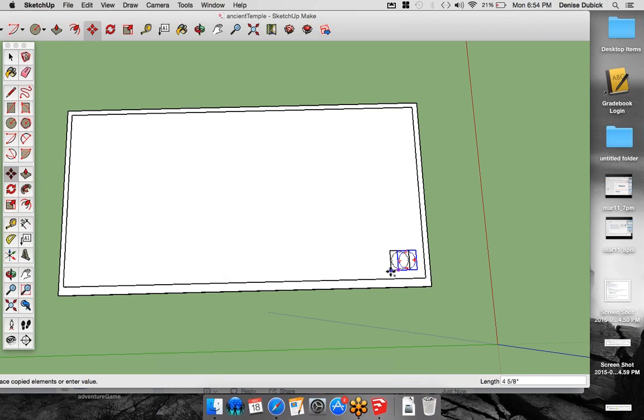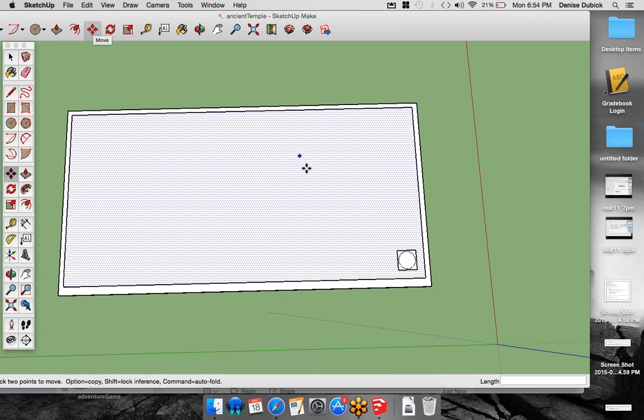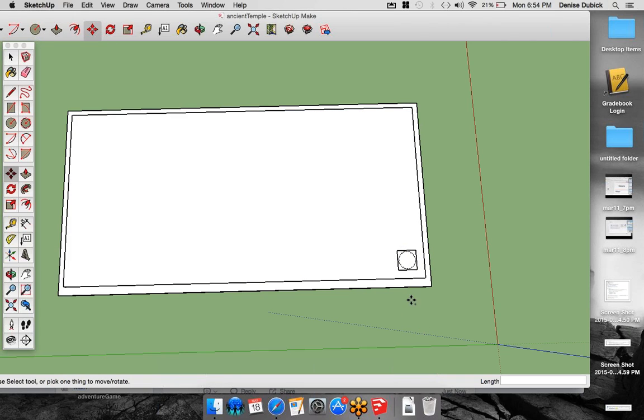All right, so now you guys try. You have your move tool out. You hold Alt down on your keyboard, and you click the edge of your column, your right now flat column. You can remove your hand from the Alt key now. Move your column over